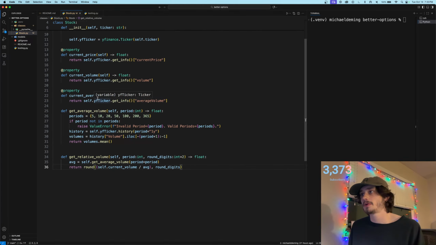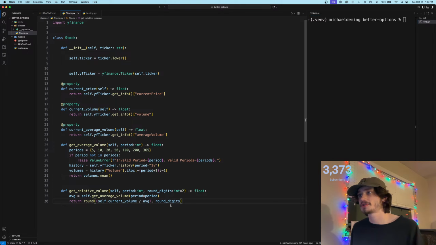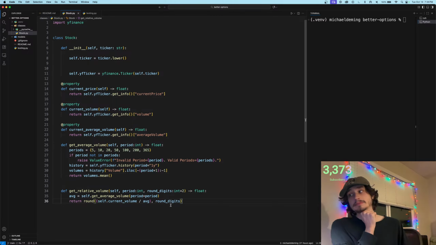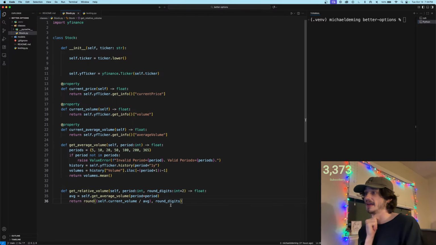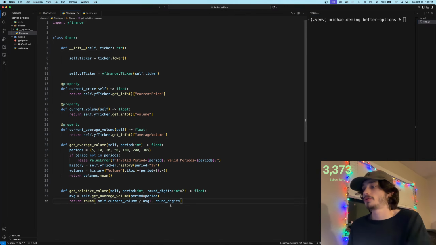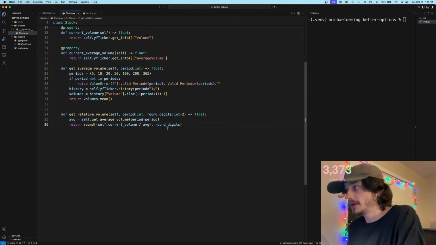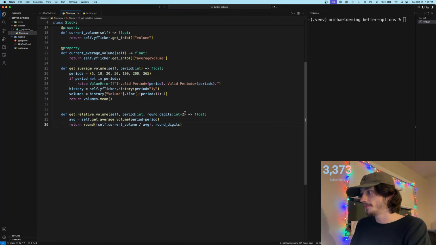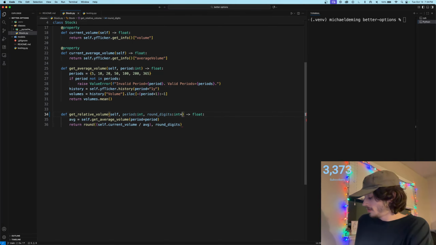So yesterday we wrote in these couple of functions: current price, current volume, current average volume, and then get average volume given a period, right? And then we have get relative volume over a period, right? And so let's do like 3 there. Okay, so what I want to do